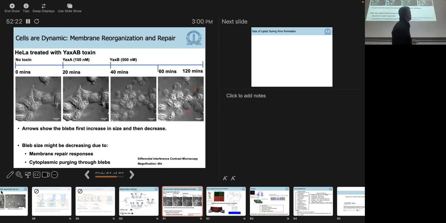These are just bright field images. So now they're doing actually detailed turf microscopy and all this. So it's not clear to us exactly what is happening here. There's more detailed labeling done of the proteins, lipids, to actually indicate what these vesicles are made of. Are there proteins in the vesicles? But there's evidence to show from other studies that a lot of these vesicles bud out to get rid of the toxin and to repair the cell.